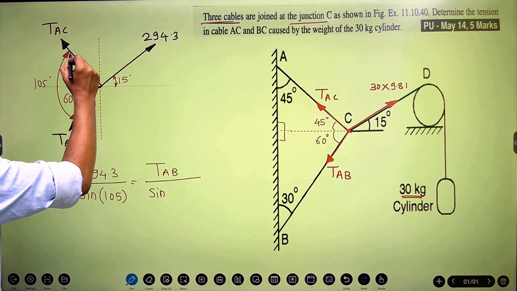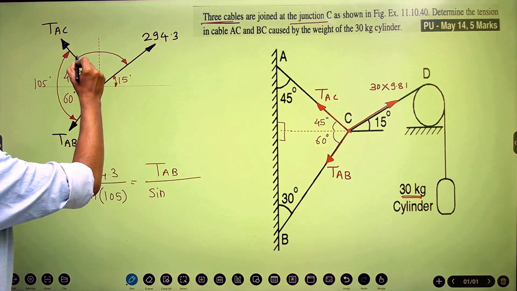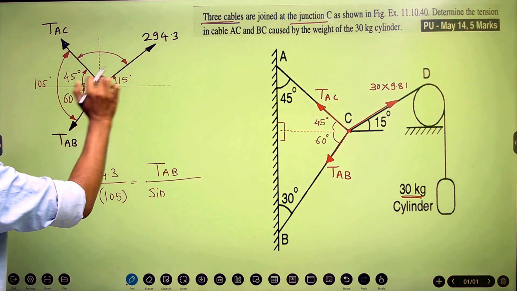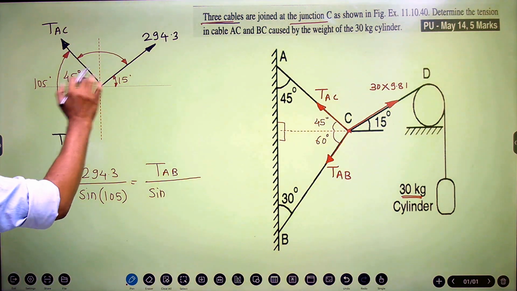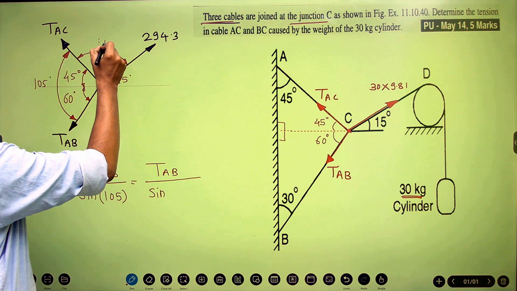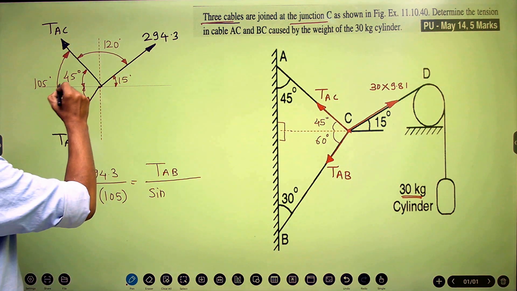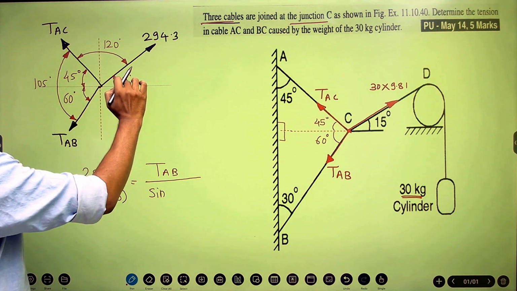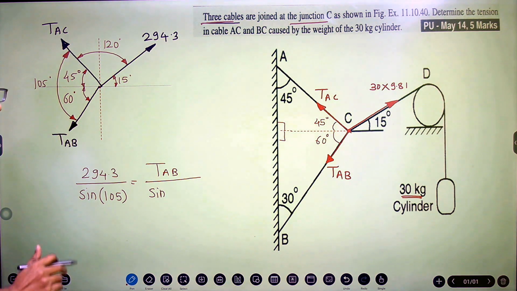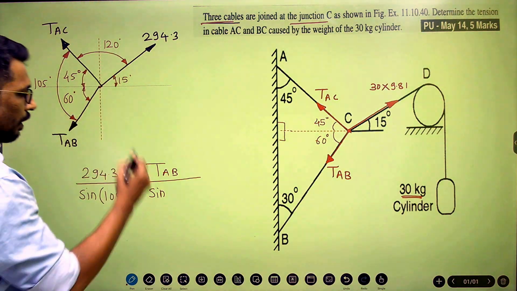So now I want this angle. So this total is 180, 180 minus 45 minus 15. So 45 plus 15 becomes 60, and 180 minus 60 becomes 120 degrees. I repeat, the whole angle with the horizontal is 180 degrees. Out of that, if I subtract 45 and 15, I'll get 120 over here. So the angle between other two forces, if I consider TAB, then it is 120. So sine of